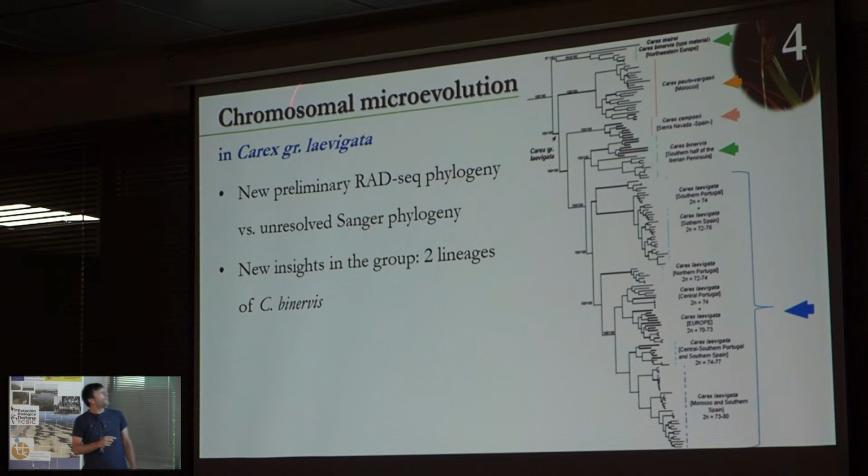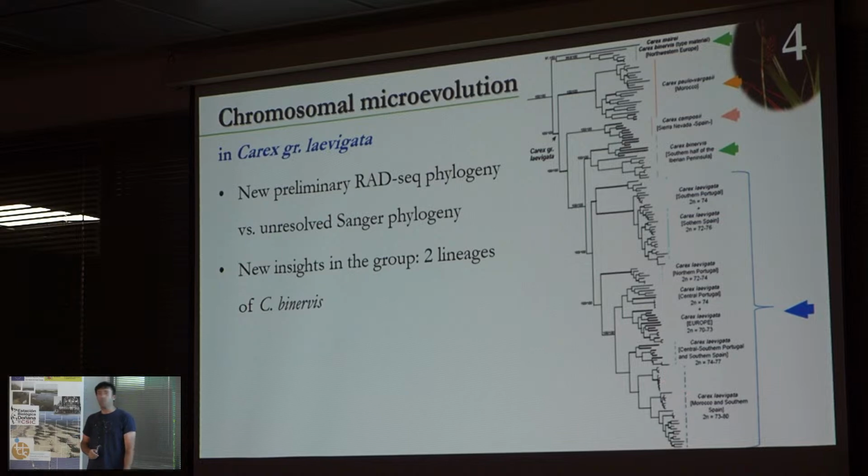So now I'm going to focus on microevolution. I'm going to show you two examples. First, what we call the Carex levigata group. This is a clade in the genus Carex with 4 species, although one of them is polyphyletic, so we can consider that maybe there are 5. And we have a RAD-seq phylogeny, a very well-resolved